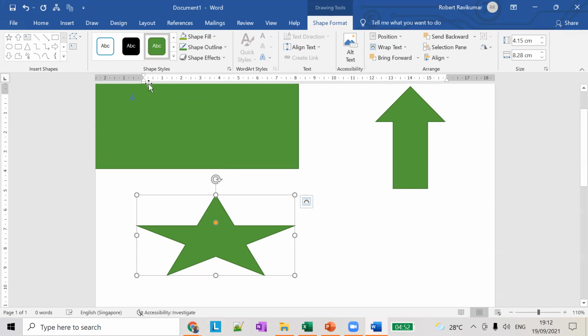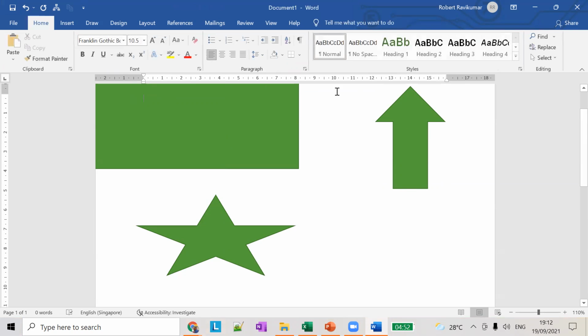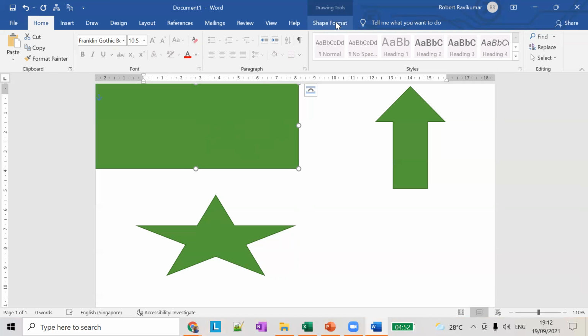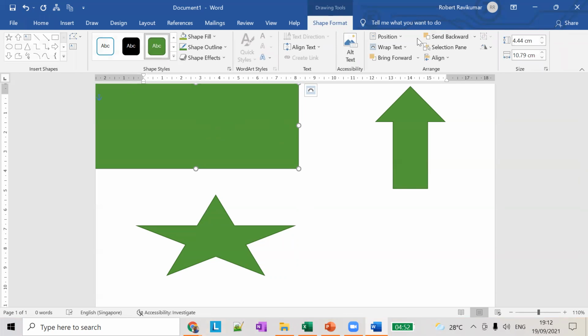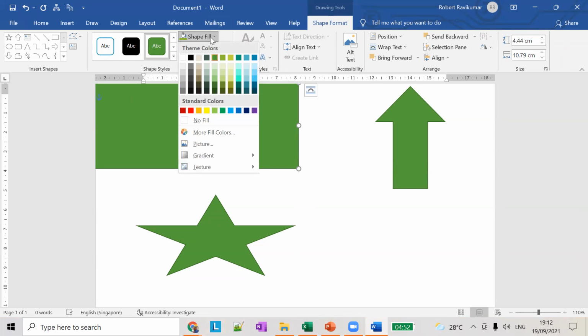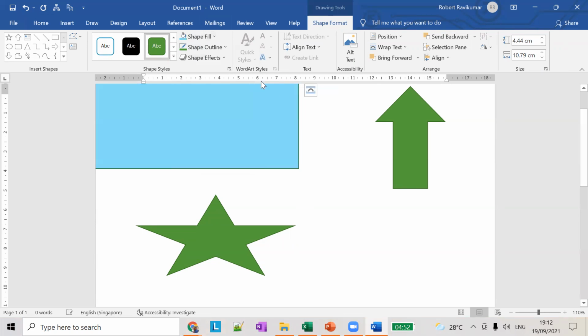Once you insert a shape, if you want to change its color, go to Shape Format and you can choose different colors. If you see the Shape Fill option, it is filled with green color. Change the Shape Fill to a different color, let's say blue.